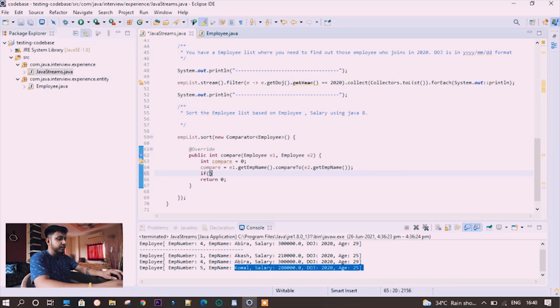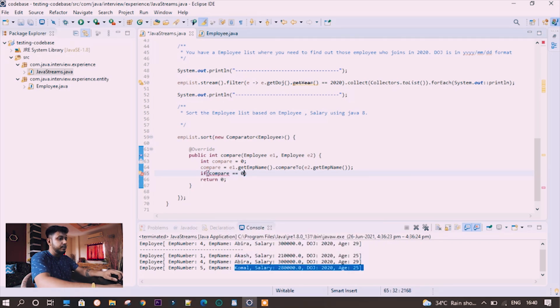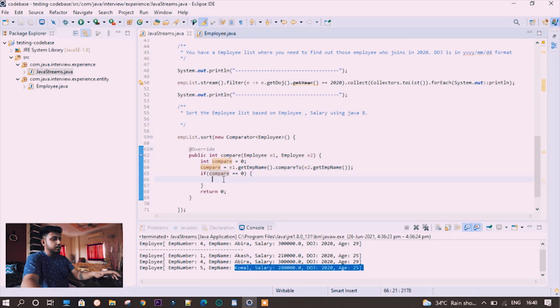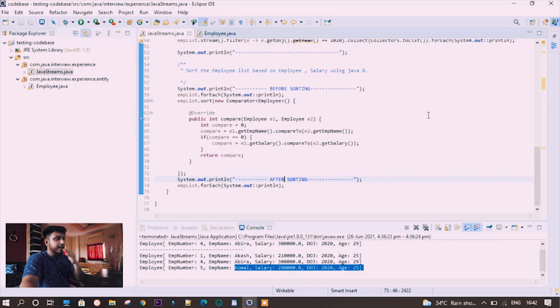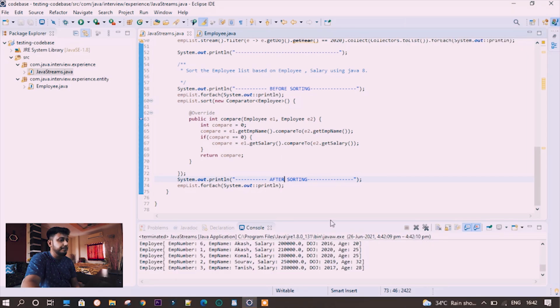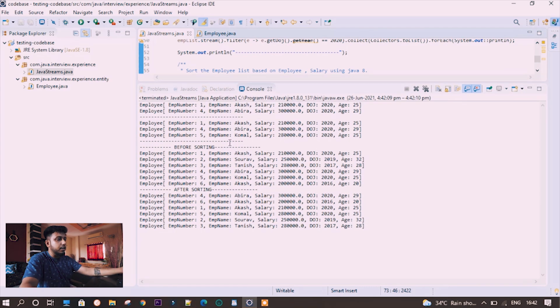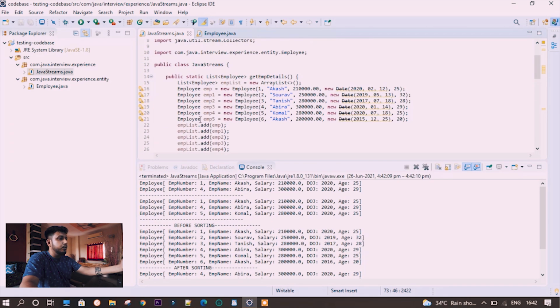So if compare equals 0, meaning it's equal, then we can check the second one, which is the salary, and after that we are just returning compare. Now let's print this. Before sorting, it was simply Akash, Saurav, Tanish, Abida, however you added those employees to the list.